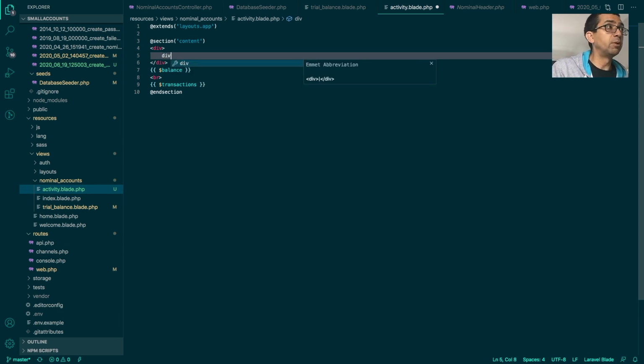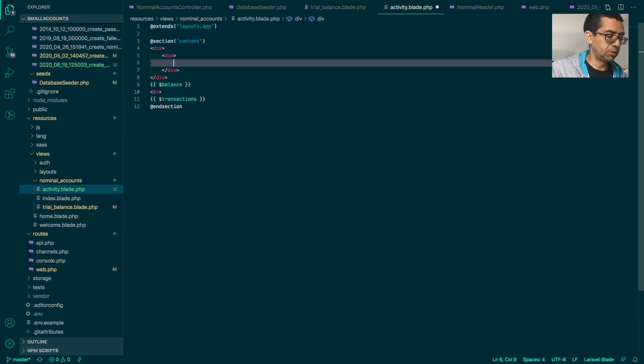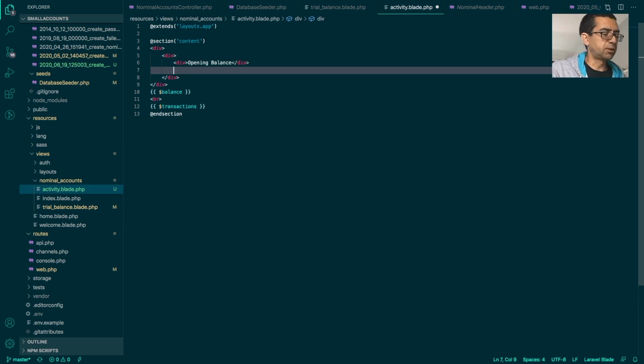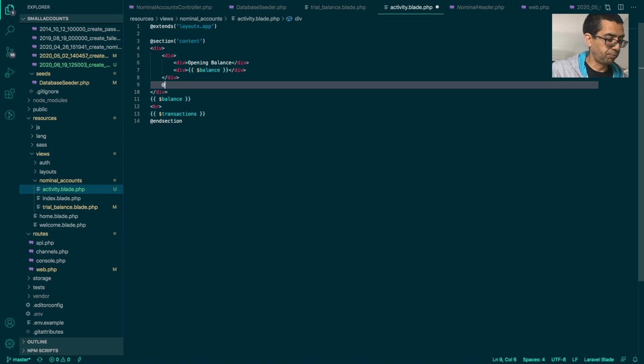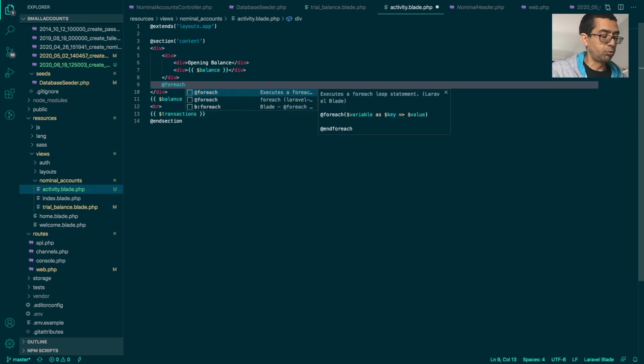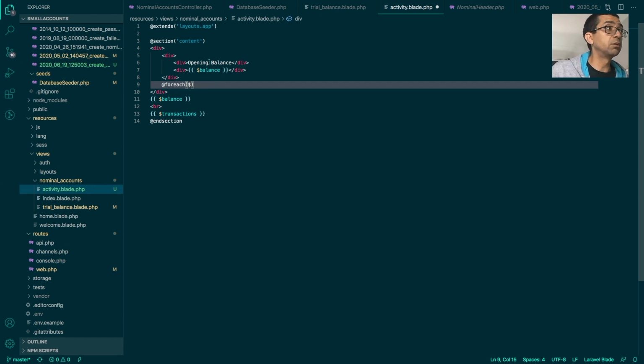So then we want the opening balance, which is this line. So div. So what we could probably do is bring in the date of when that was updated. I'm not sure whether we store that yet, but it would probably be good to get a date. So opening balance, and then that's just going to be balance, and then we just loop through the transactions